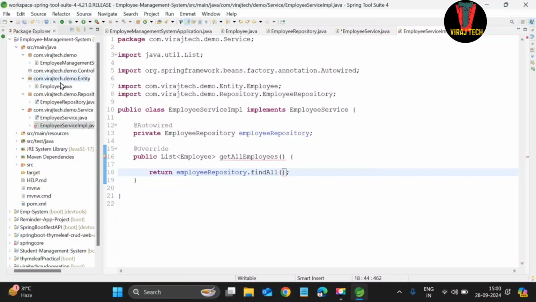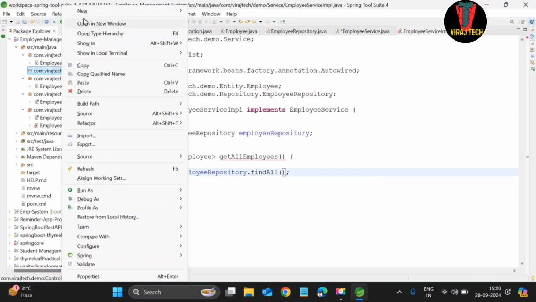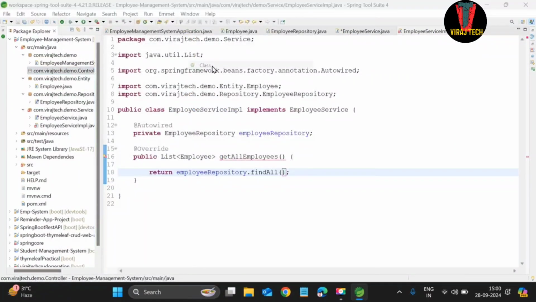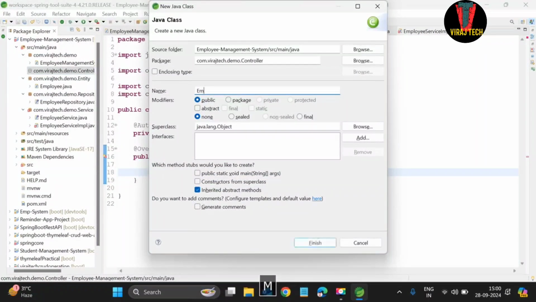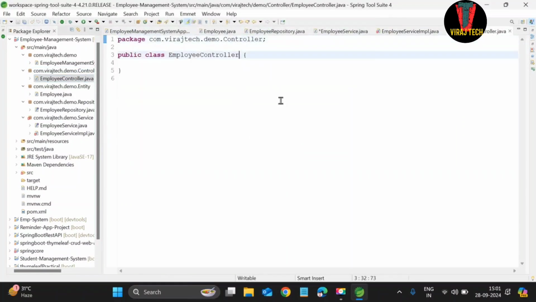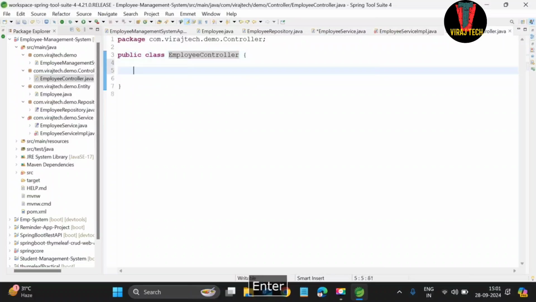And next, to our controller package, right click and new. Need to create a class inside the controller package with the name EmployeeController. Finish. And inside that you have to create a method as public and data type as String, so allEmployees,